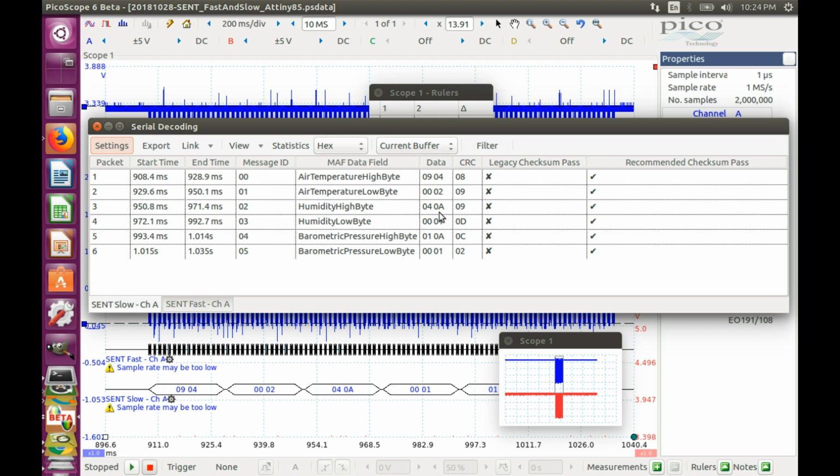I'm not sure how precise this value is, but it's close enough to the 3.3 that we see as our power supply. Then 4 and 5 are giving us the value 11A, and this is supposed to be the temperature. 11A in decimal is 282,